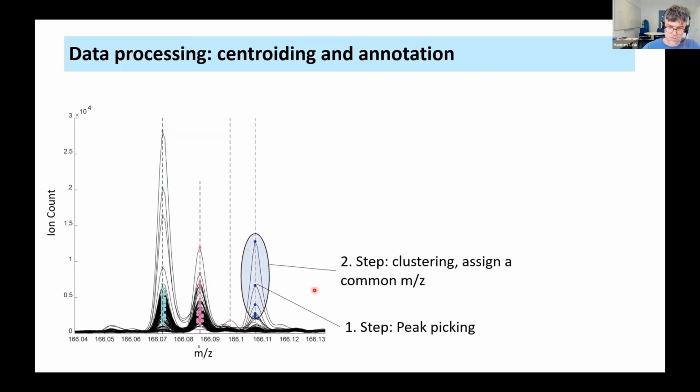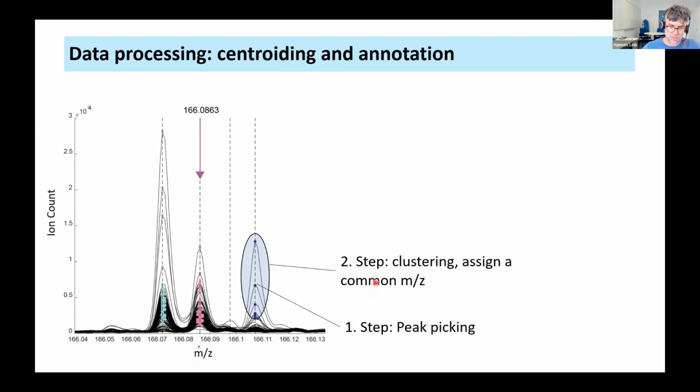And next step, we try to cluster all the peaks that seem to have a common mass to charge ratio. So you see this here, everything which is close to each other, we cluster together, and then we just assign the average mass to charge ratio in that cluster. Here on the left, you can see it a little bit better. There's some variation in the mass to charge ratio of the individual samples, but we cluster them together. And then the dashed line, this is the common mass to charge ratio that we assign to this cluster. You can think of these as the features that we extract from an analysis, we call them ion peaks.